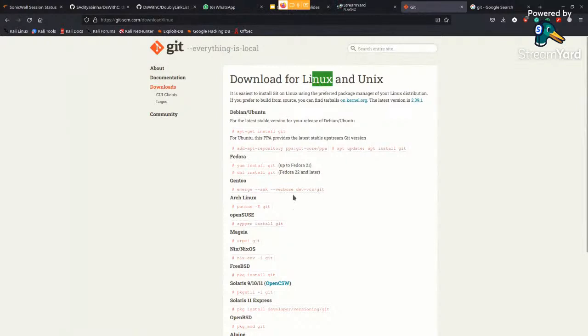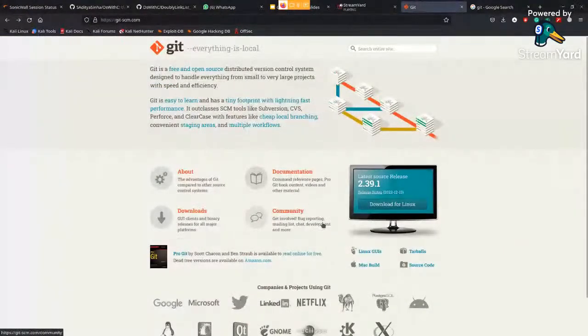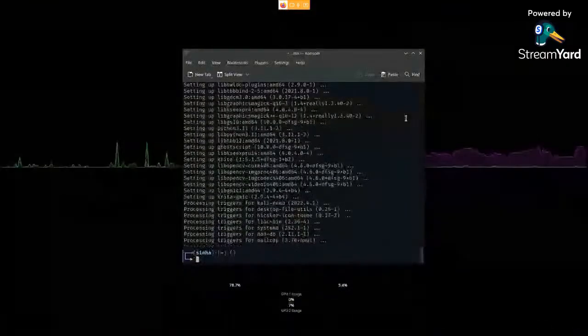Like I'm using Linux, so obviously I have these commands for me to get the thing running. And similarly, if you're using Windows, you'll get the application download link here. You can get it downloaded and simply install it, just like you install any other application, or just like you installed VS Code. It's the same procedure. So it will get installed in your system.